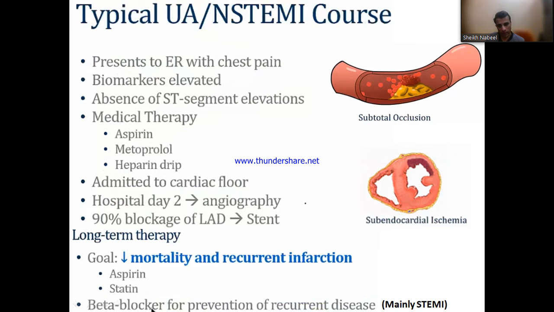You can give beta blocker as well, but beta blocker is given mainly in case of STEMI, because beta blockers prevent the remodeling, which means that it will prevent dilated cardiomyopathy or hypertrophic cardiomyopathy, because it prevents the remodeling of the heart. Okay,